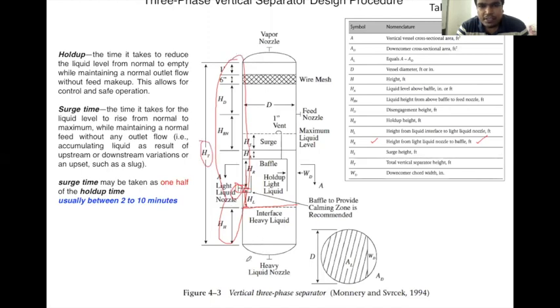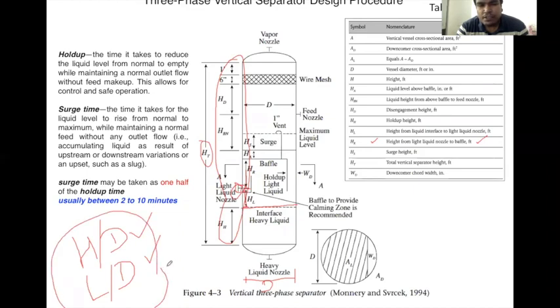Now our objective is to find out what is the diameter, right? And what is the height? So it is H and D. We are interested in these in the case of a vertical separator. And if you see, it is L and D that we are interested in for a horizontal separator. Okay, so this must match with the design criteria.